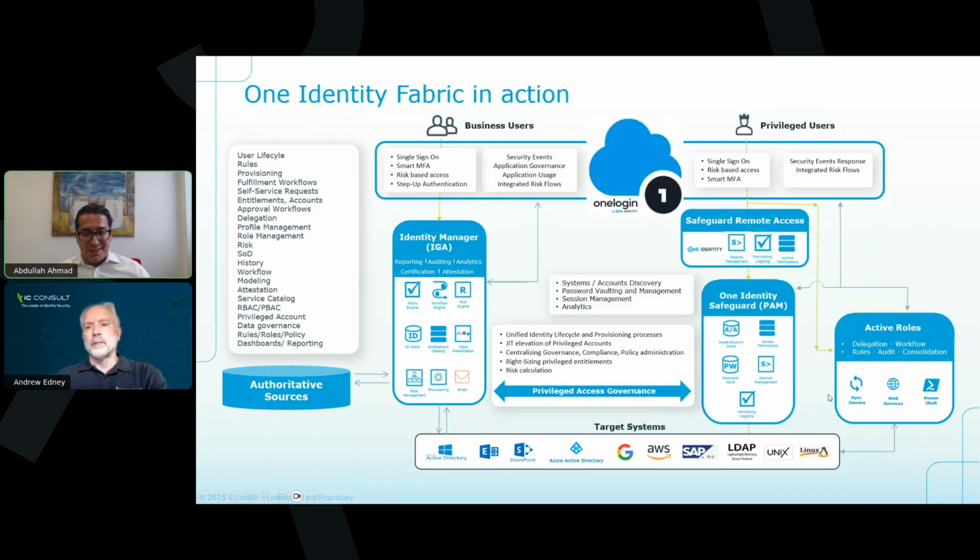All those solutions have, of course, standard connectors to different target systems where you can then manage those target systems for different purposes. If we are talking about the deployment, Identity Manager can be deployed as an on-prem solution. It could be deployed on your private cloud and as an MSP by our certified partners. And of course, we are providing Identity Manager as a SaaS solution, and we will deploy that on Azure Cloud, and we'll provide it to you as SaaS.